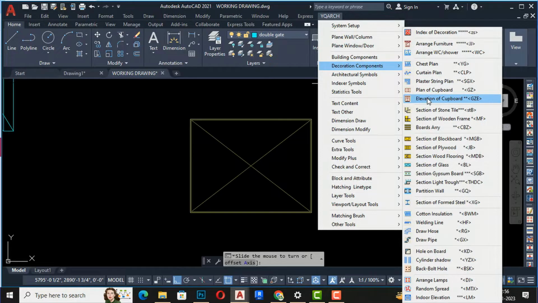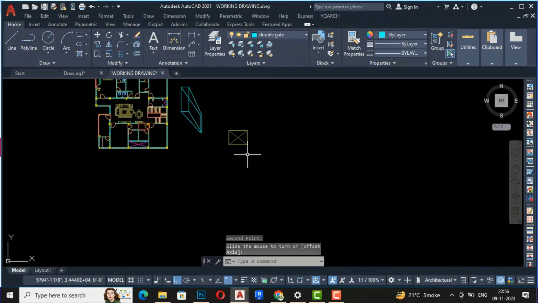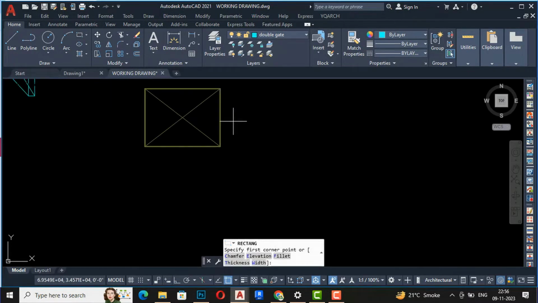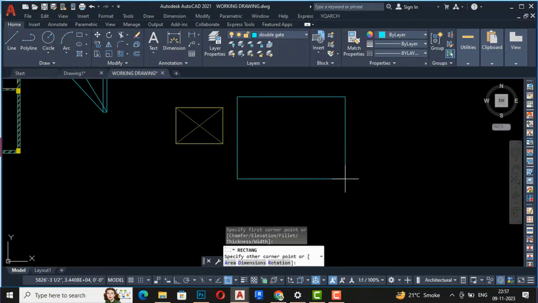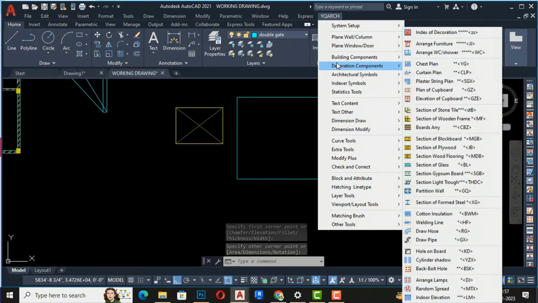And you can select elevation of cupboard, and you can draw elevation of cupboard. But before that you are required to define the space of elevation of cupboard. So I am going to draw a rectangle again here, and I will show you how you can draw elevation of a cupboard. So this is our rectangle, and now I am going to yqarch, and I will go and select elevation of cupboard,